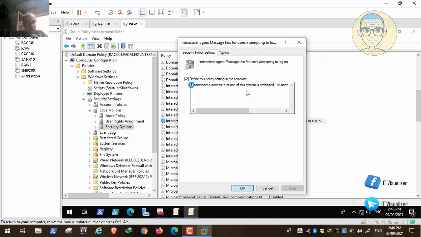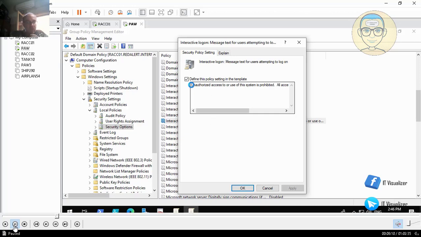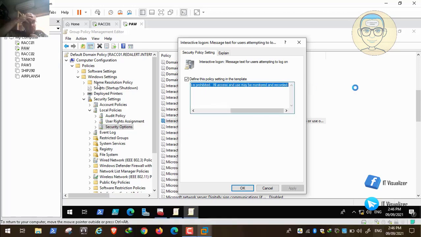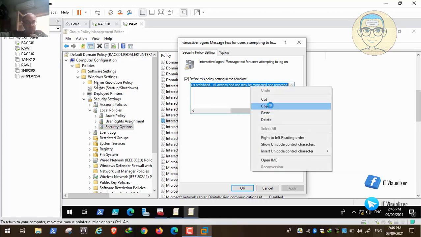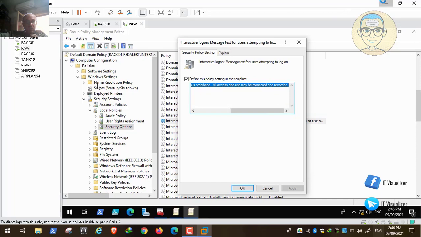We need to take the message, translate it to Japanese and Russian, and put it in each army group policy, and then disable this section in the default domain policy, because the default domain policy will be applied on all workstations. So we should disable this section and configure it in the Russian GPO and in the Japanese GPO. First of all, we need to take this section and translate it to Japanese. This is the first thing, and then we translate it